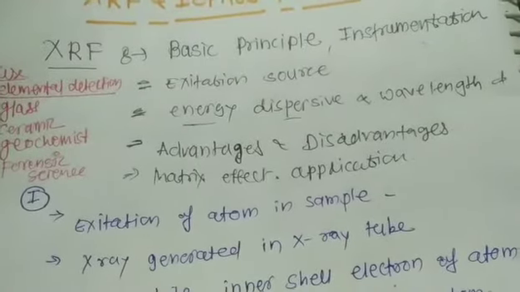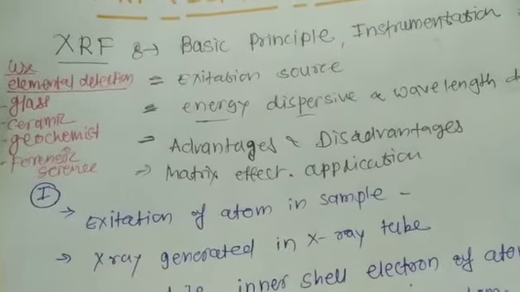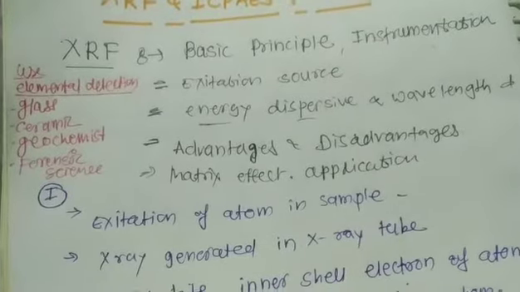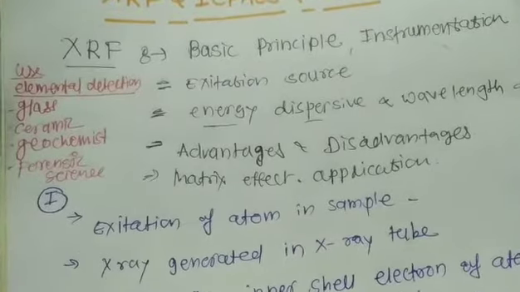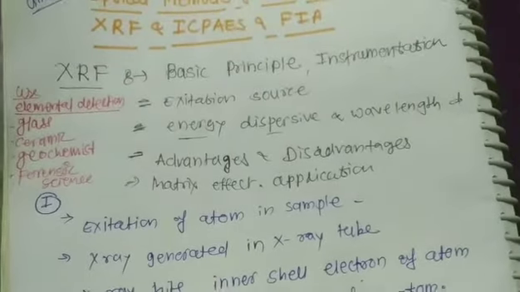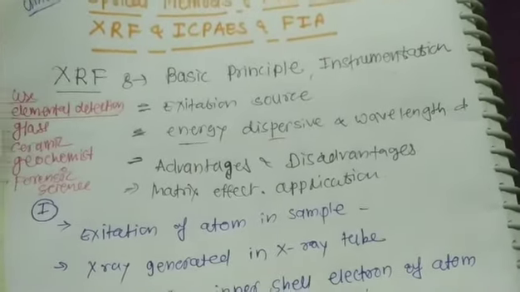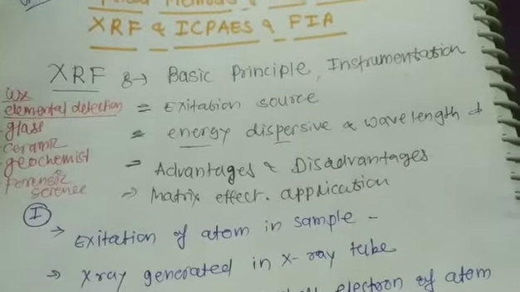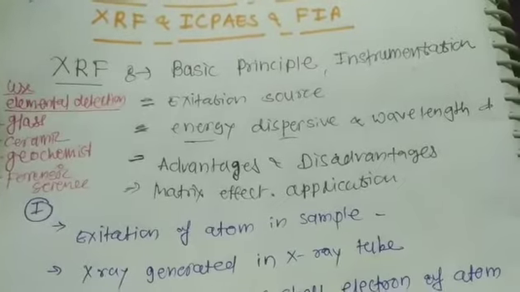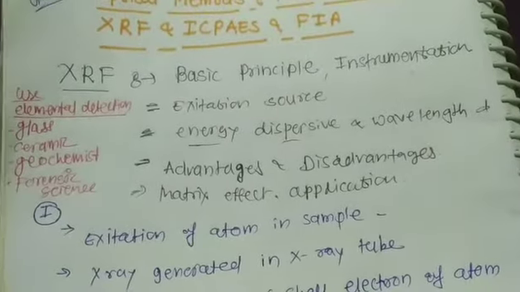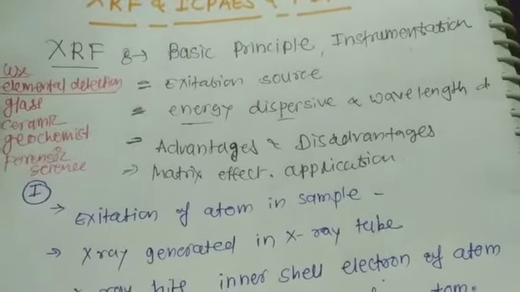As we previously saw, there are different methods, that is atomic absorption spectroscopy and flame photometry. In both flame and atomic absorption spectroscopy, our sample is discarded. But in XRF, the technique is non-destructive. So the main advantage of this method is that it is non-destructive, and it is very easy to handle. There are no extra requirements for handling in XRF technology.